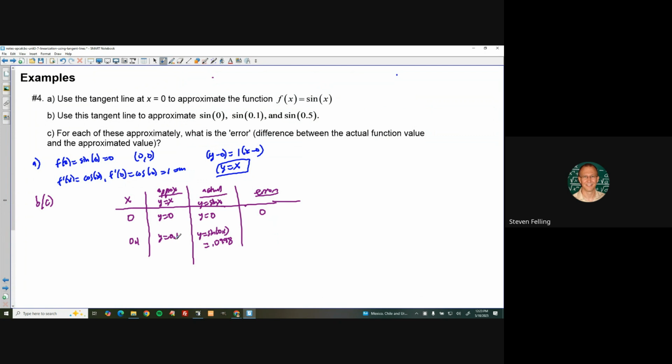So it should have been 0.1, or that's the actual answer, the error. So maybe I can define the error as the approximation minus the actual value. So 0.1 minus,